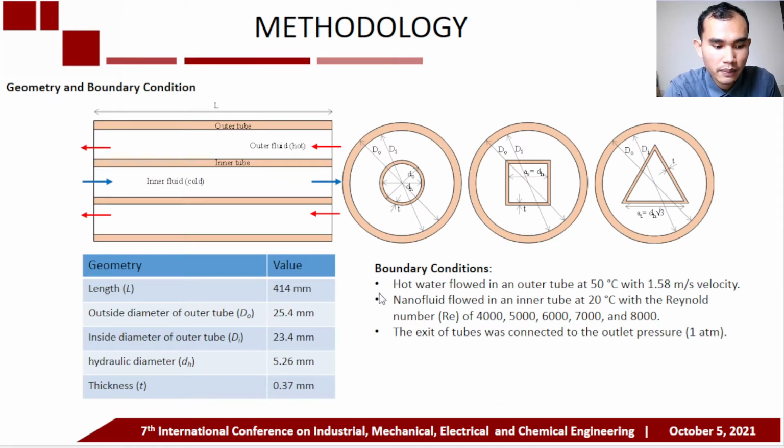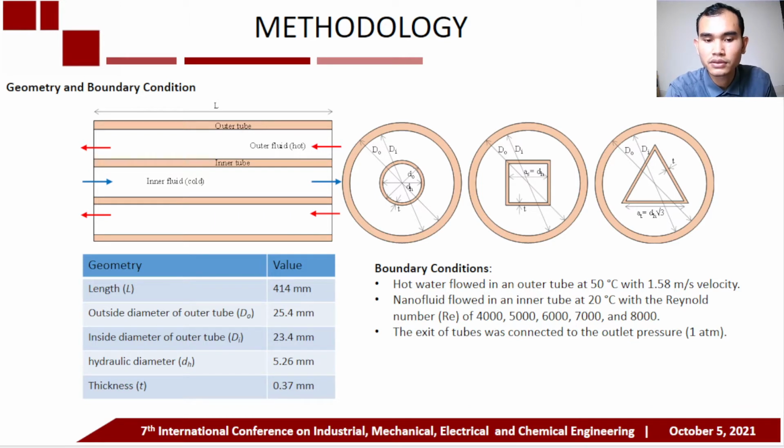These figures show the schematic geometry of smooth tubes with circular, rectangular, and triangular channels as the inner tube, based on our previous experimental works. The tubes are made of copper with a path length of 414 mm, and the outer tube has an outer and inside diameter of 25.4 mm and 23.4 mm respectively. The hydraulic diameter for the inner tube is constant, that is 5.26 mm,